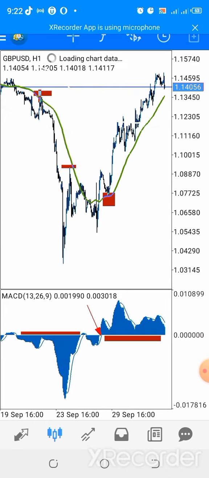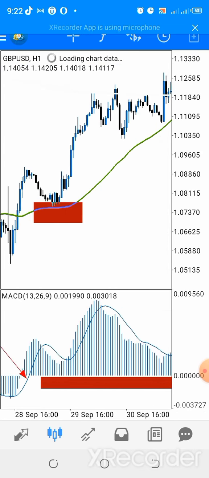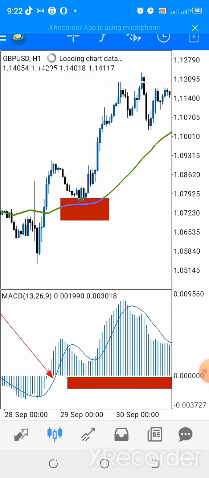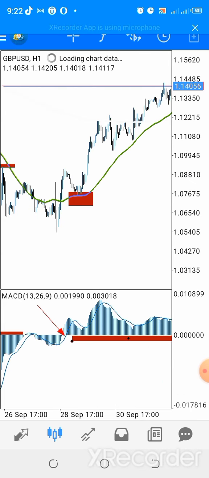MACD, I had to shrink this so that we can see the view very well. Because if I make it bold, we might not see this view well. Okay, we can still see it. So you have to first of all go there, mark it, and then